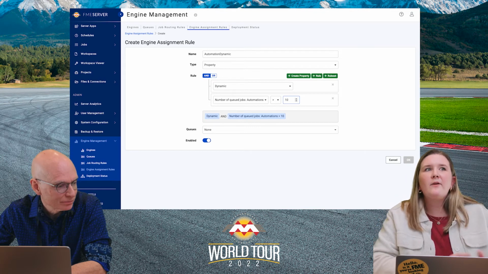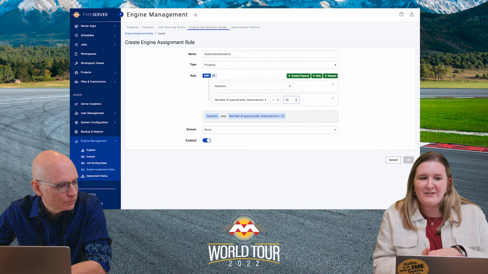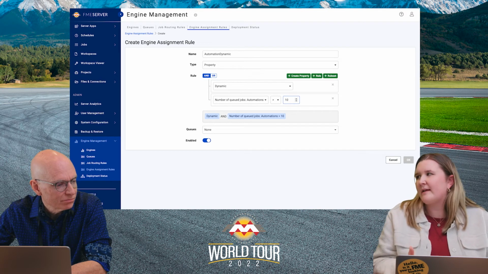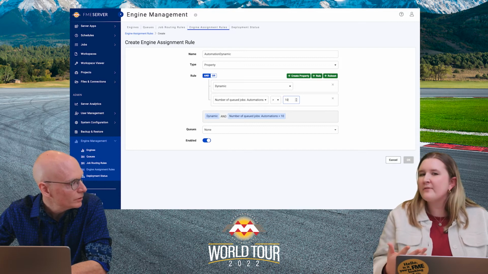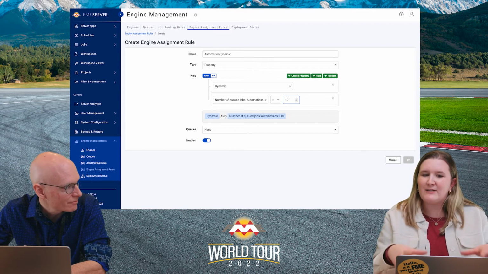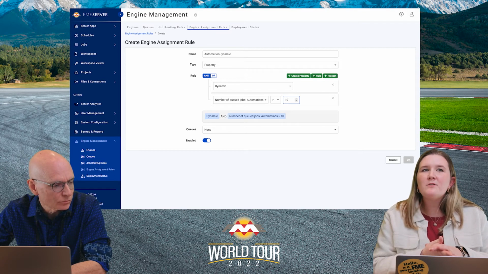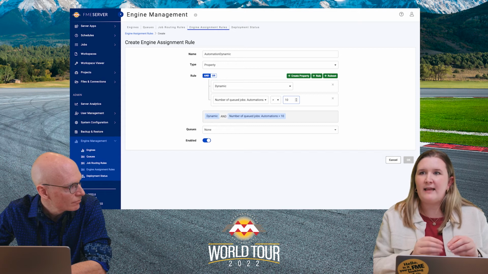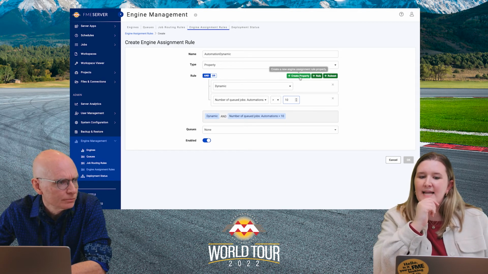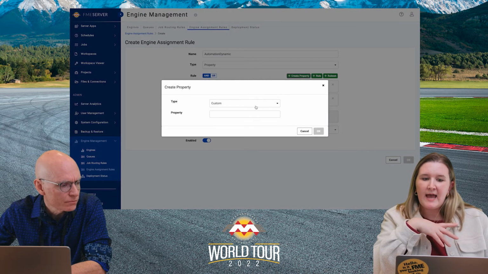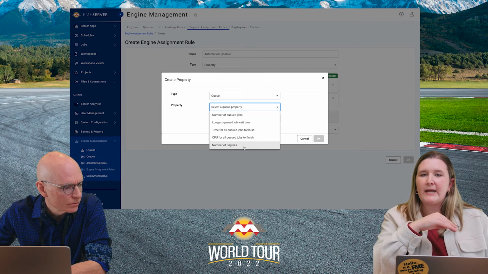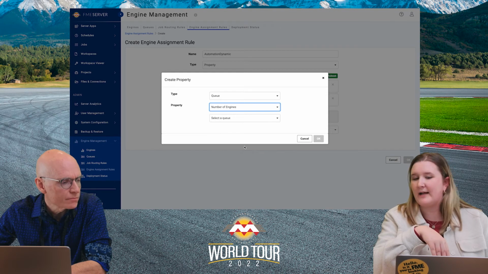But overall I have 10 dynamic engines on my FME server. As well as my automations, I've got quite a few processes going on, like server apps. And so I don't want all of my dynamic engines to be allocated to this process. So I want to restrict the number of engines that can ever be assigned to this queue. So I'm going to go ahead and create another property. Again, I'm going to be monitoring the queue. But this time, I'm going to be looking at the number of engines already assigned to that queue.